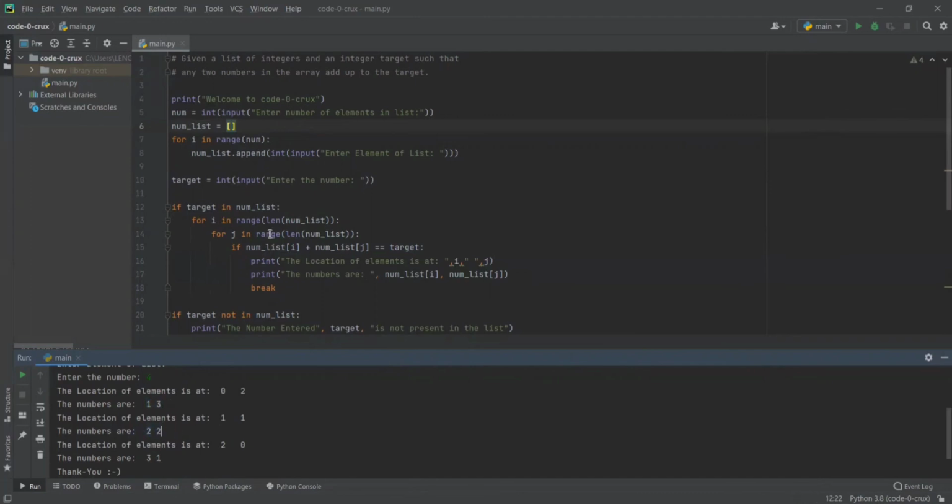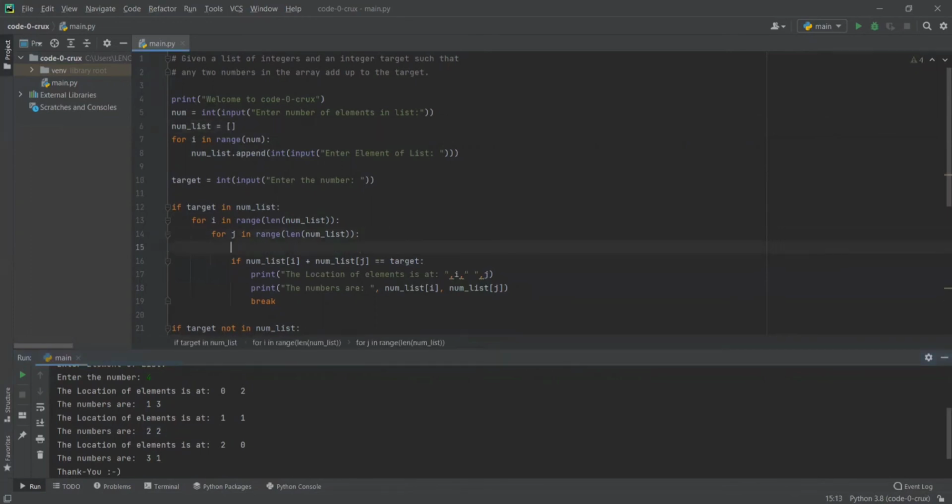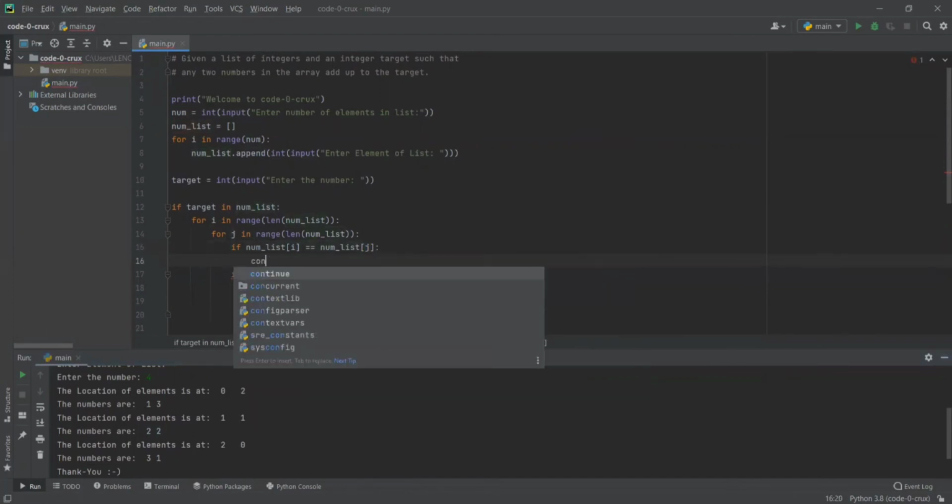To do that, we just have to go where we check whether the elements add up to the target and just say, if num list of i is equal to num list of j, then just continue.